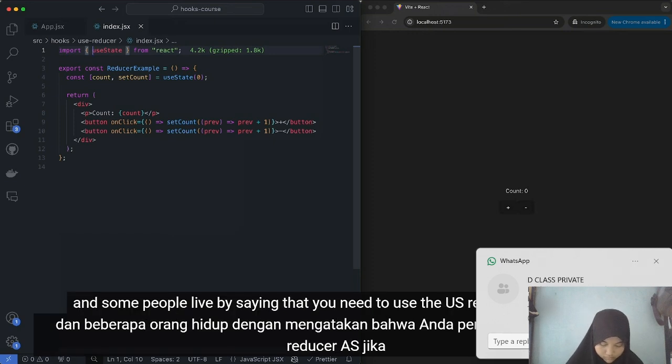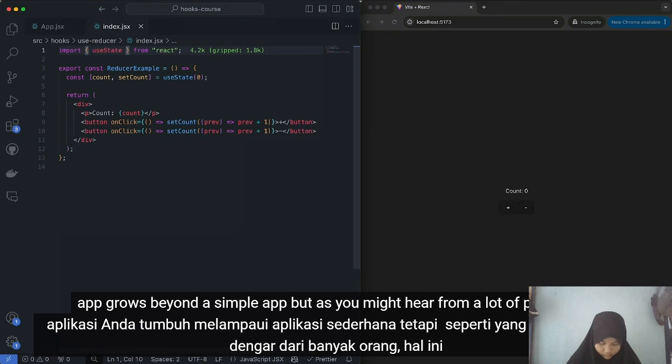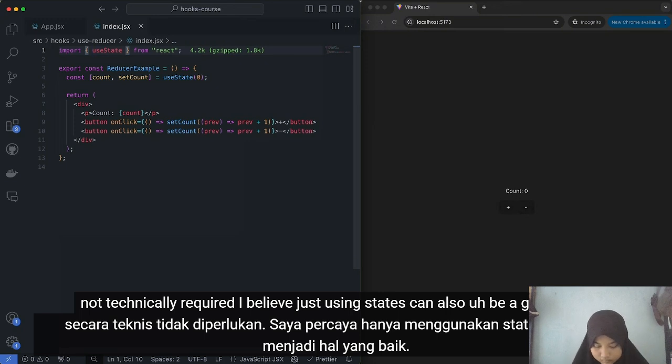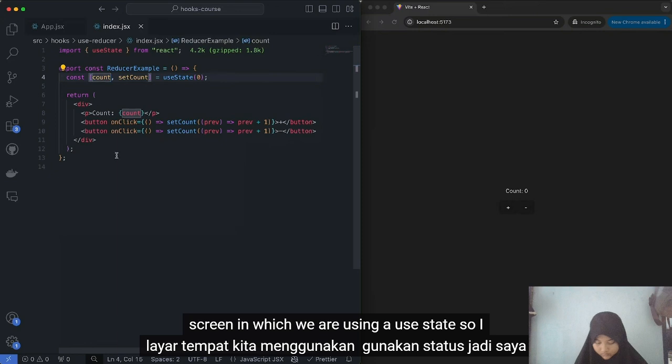And some people live by saying that you need to use the useReducer hook if your app grows beyond a simple app, but as you might hear from a lot of people, it is not technically required. I believe just using states can also be a good thing as well. So the best way to explain this is by putting a situation here in the screen in which we are